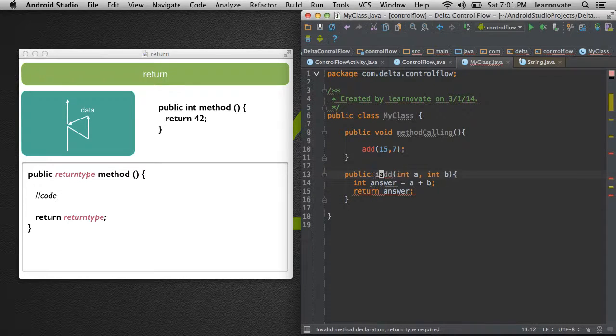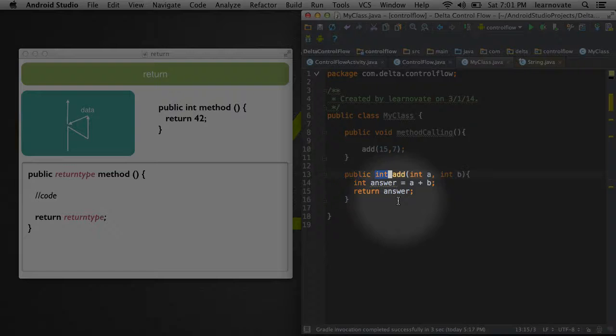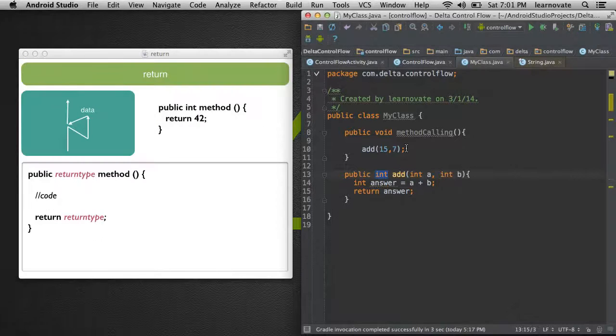Now, that is what the return type is for. You see, this int has to match up with whatever I'm returning. In this case, it does. Answer is also an int. That means that when this code runs, I can actually treat this as an int. In fact, I can even save it as